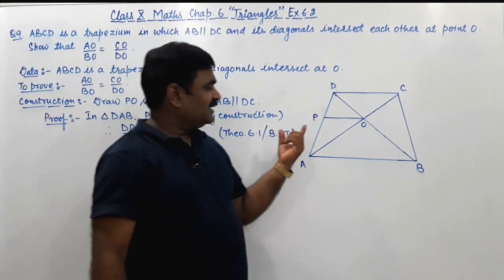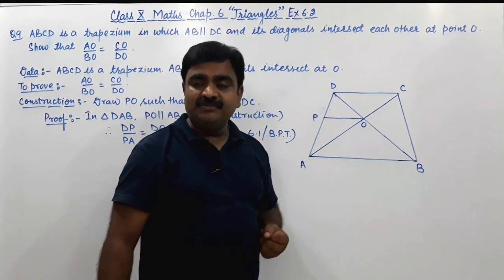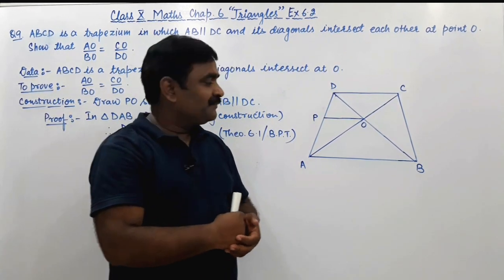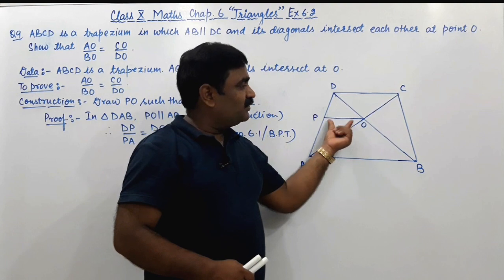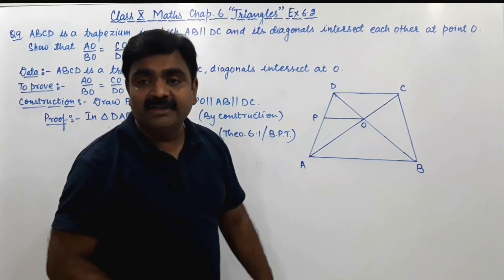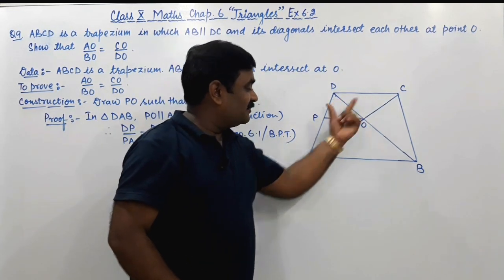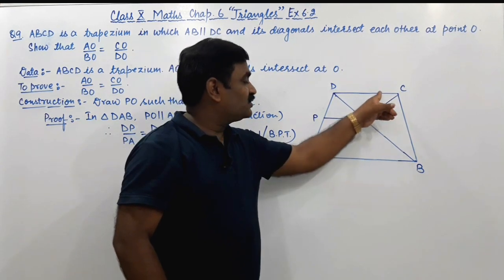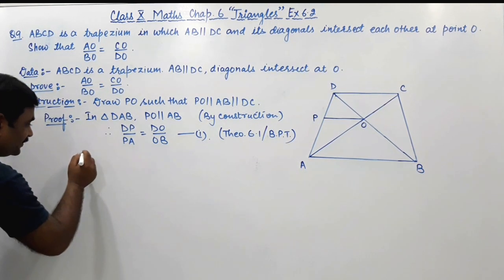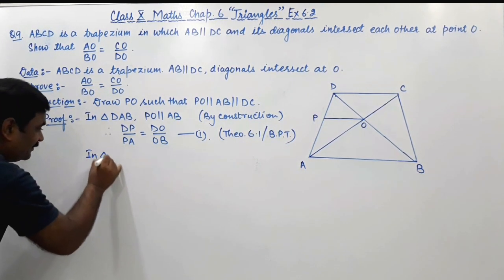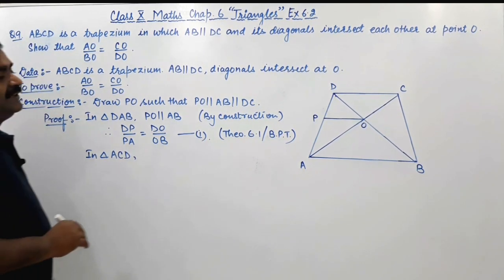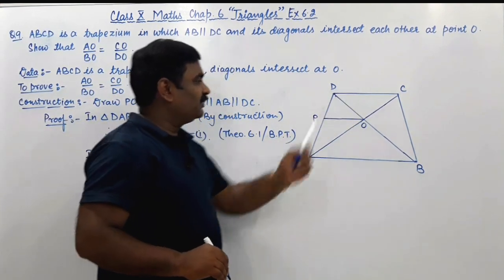वंस अगेन, एज दिस लाइन इज पैरेलल टू DC ऑल्सो, आपको ये भी पता है कि ये लाइन DC के भी पैरेलल है बाई कंस्ट्रक्शन. ओके, चलो, नाउ इफ दिस PO इज पैरेलल टू DC, तो अभी पहले तो हम ये चेक करेंगे कि ये दोनों पैरेलल लाइंस किस ट्रायंगल में बिलोंग करते हैं. सो दिस PO एंड DC बिलोंग्स टू द ट्रायंगल ACD, किसमें? सो नाउ वी हैव टू टेक द ट्रायंगल ACD. इन दिस ACD, PO इज पैरेलल टू DC.